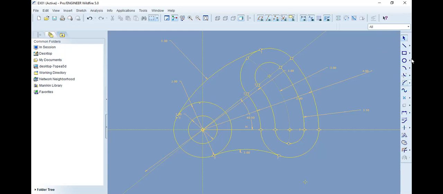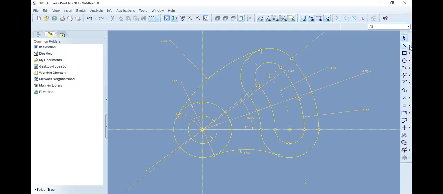This is the command bar. Here you have several commands. It comes with different predefined commands. This is the line command, the first one. When you move the mouse and keep the cursor on some command, it will show you the name of the command. The first one is the line command, and it shows you how to create: create 2-point lines.